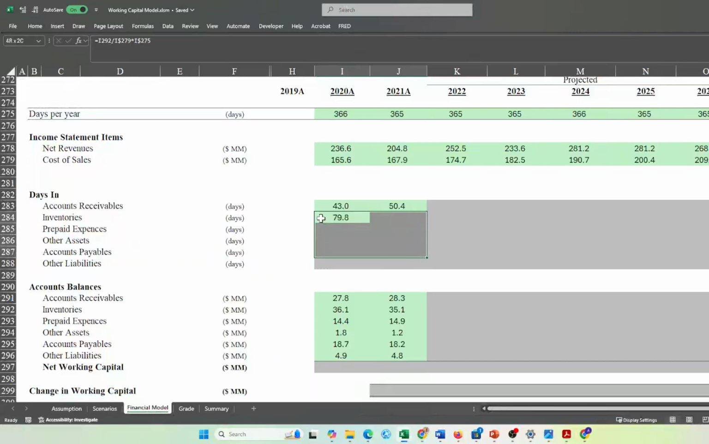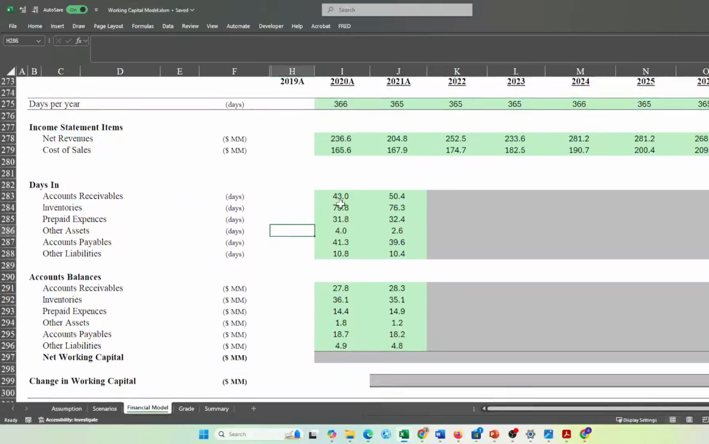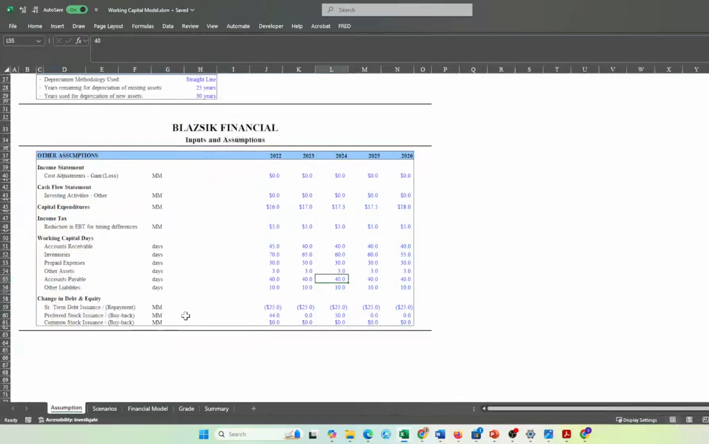If you did it correct, now we can find out our days in for all the current assets, current liabilities. All right, now this is important. We want to see this, and then from that, we can make assumptions what we think the future and our